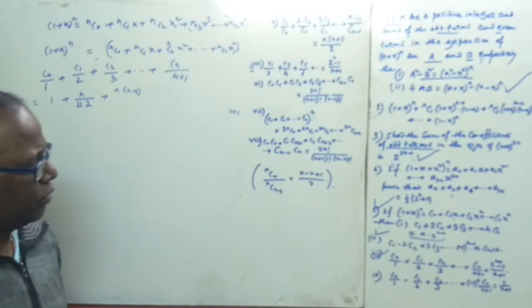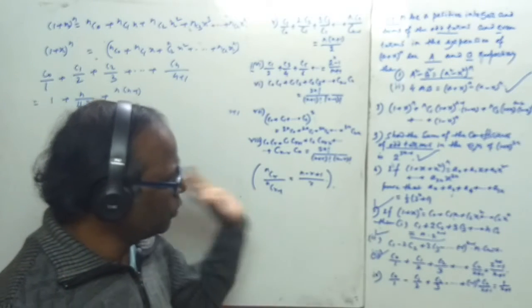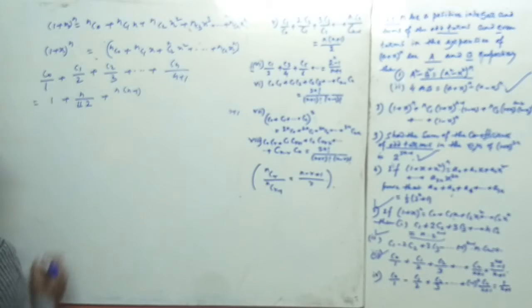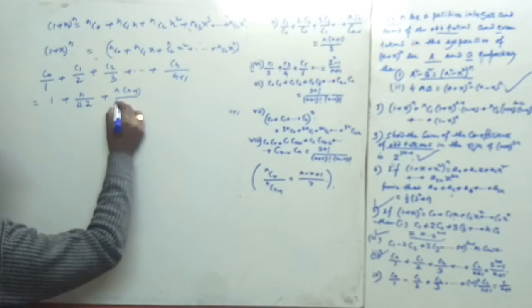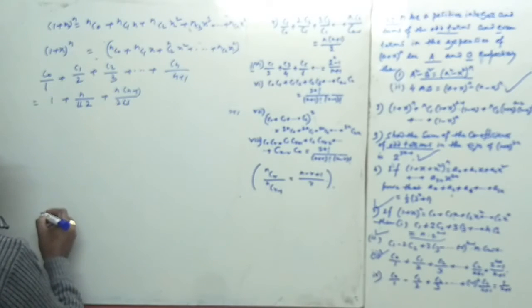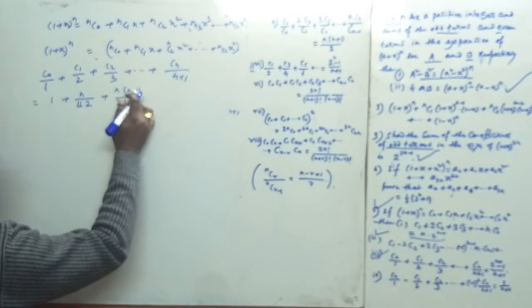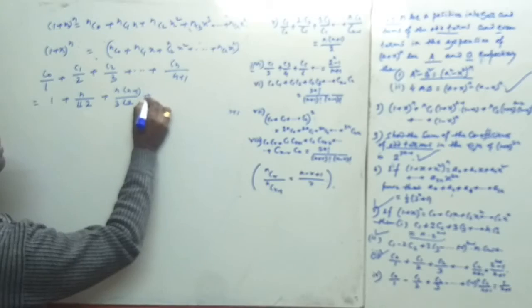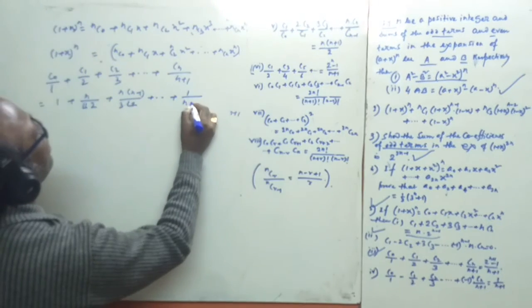Follow this question, for question number 1 and 2, you should follow. Then break the formula nC1, nC2, nC3 like that. If we break the formula nC1, then you got n by factorial 1, that is 2 into factorial 1, and here n into n minus 1, this is n minus 2, 3 into factorial 2. Okay. And now this is 1 by n plus 1.